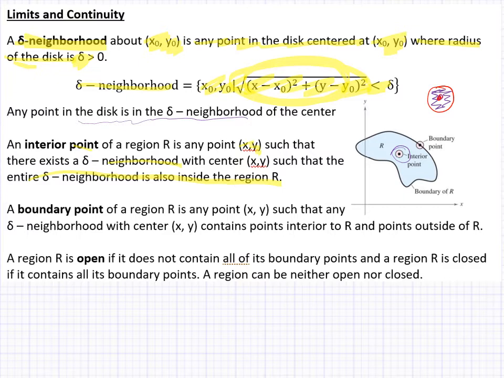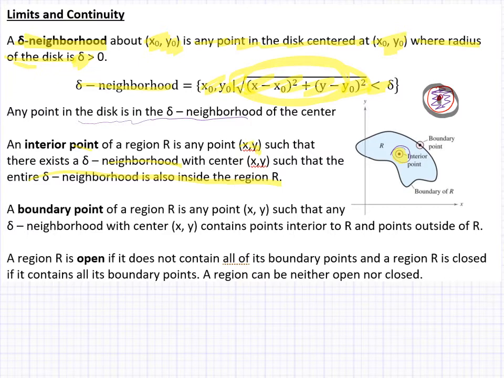Again, something I should say is that this delta neighborhood around this point is an infinitely small radius around this point. But nonetheless, it's a collection of points that sit around a given point. So if that delta neighborhood is completely inside the region, and what you see here for this point right here is that this delta neighborhood is completely inside the region, then we consider that to be an interior point to the region,